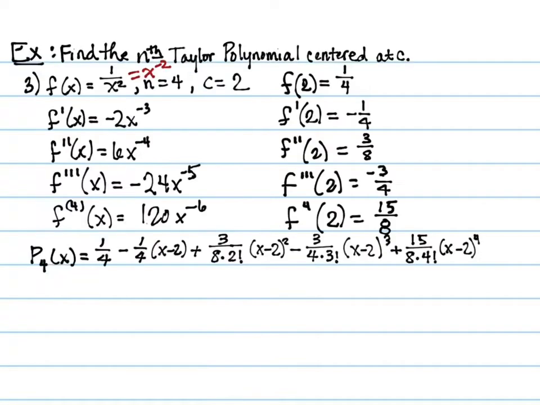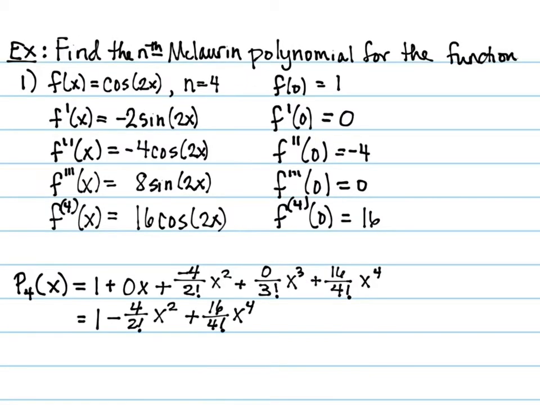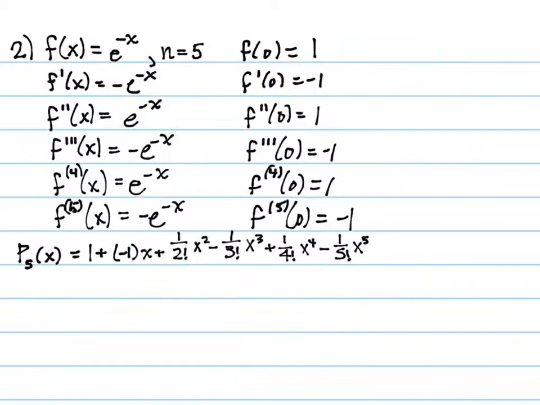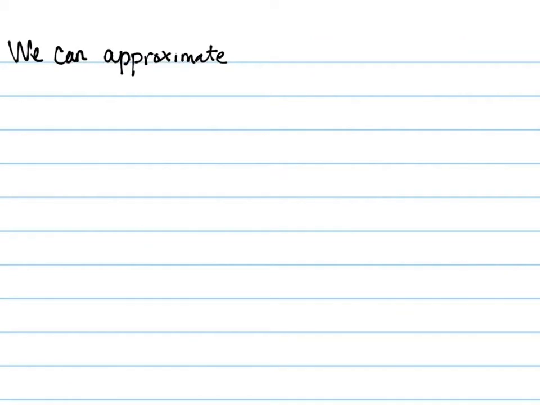So we can approximate... actually, we're going to do the one we started with. Actually, that's what I decided to do. We already found them already, so it makes it easier. We're going to do this one, the cosine of 2x, number 1. Cosine of 2x. That's what's going to be in your calculator. Okay, so we can approximate the value of a transcendental function